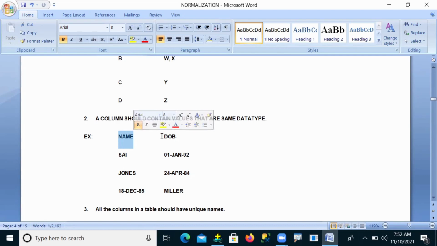In the same way, a date of birth column is there. In the date of birth column, the data type is date. So the first one is right, the second one is right, but here I'm storing Miller. Is it possible to insert Miller in a date column?